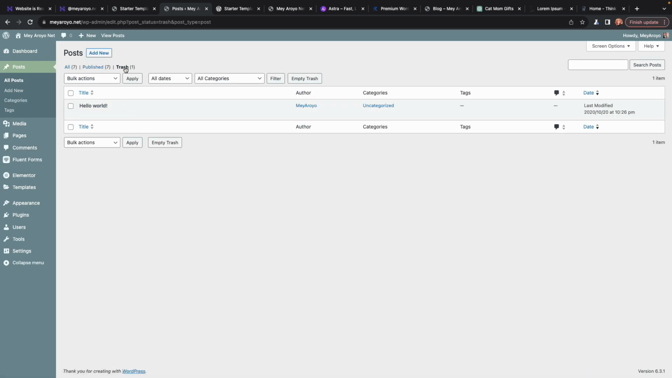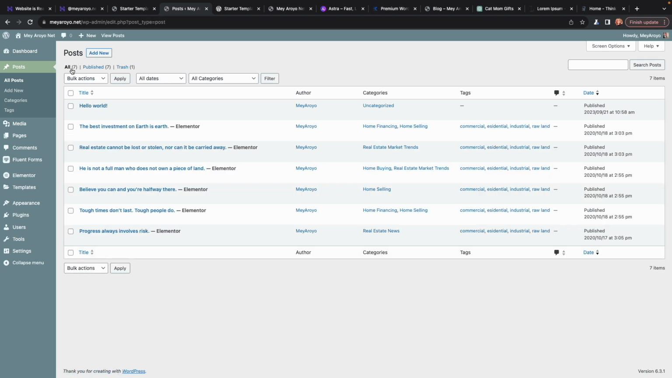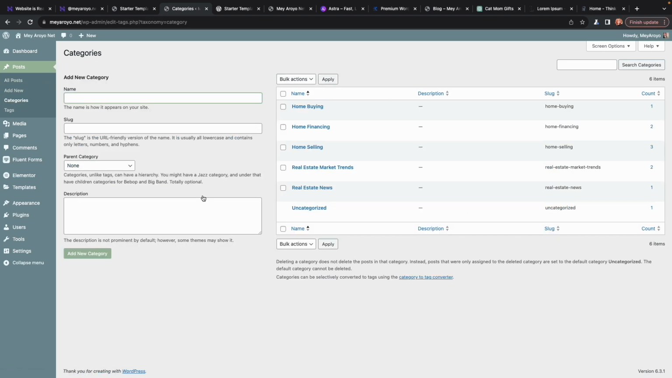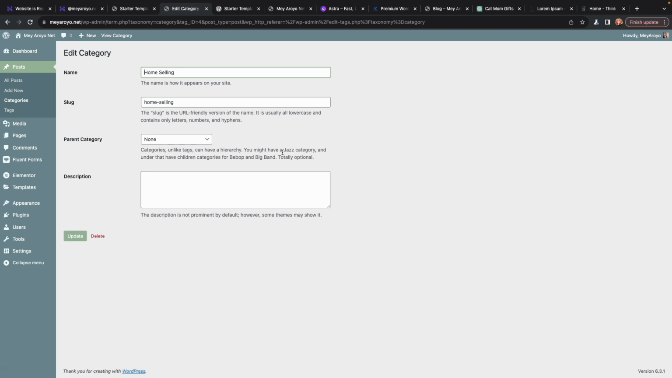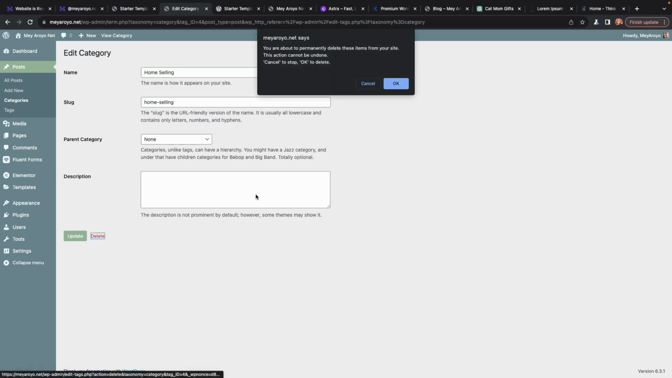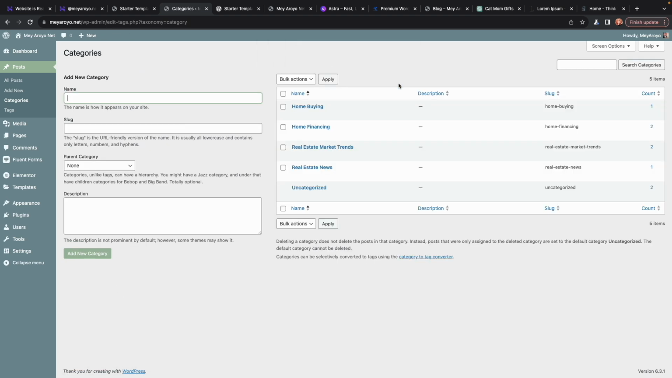I also have a post in the trash. That's the previous hello world, I'm guessing. We also have categories already filled out, like home financing, home buying, and home selling, which would have been amazing, by the way, if you're a realtor, because you already have all of these filled out and you can just edit the small details in them. But I don't want them, so I can just delete them